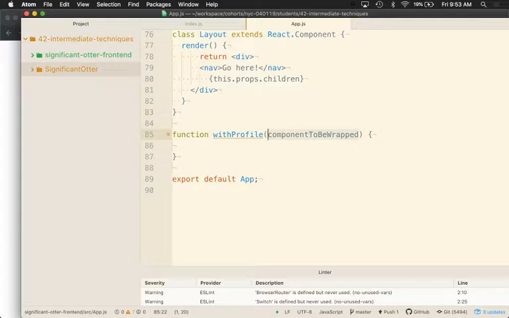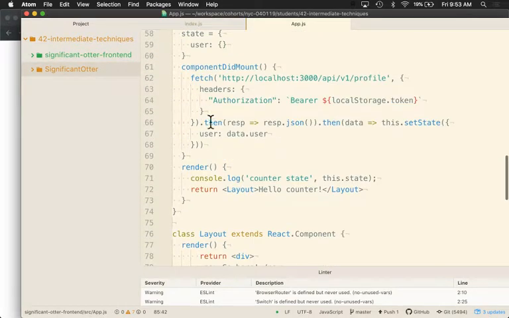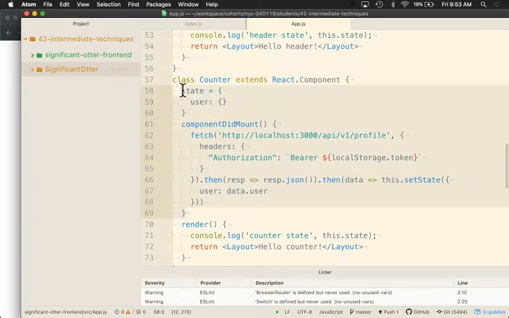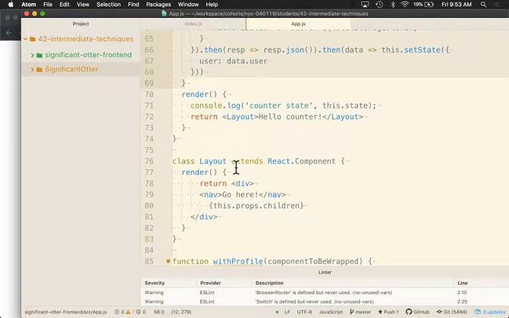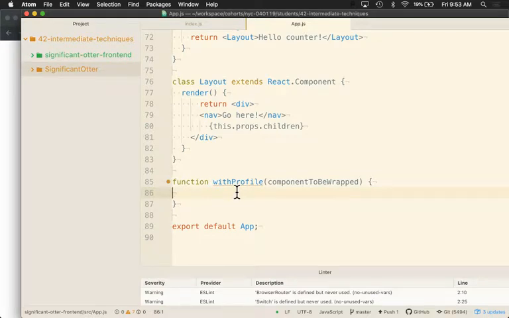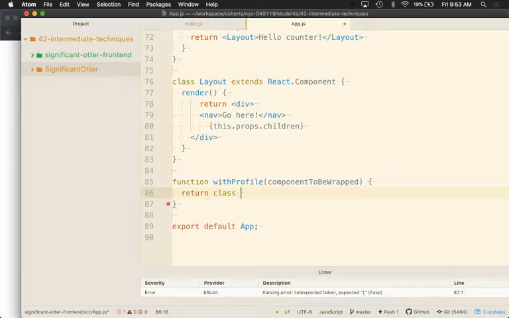All right, we'll see it in a second. We said that if we're going to extract this logic, we have to create a new component. That's true, right? But instead of using this.props.children in that new component, like how we did with layout, instead what we're going to do is return a new component from this function, and in our case it needs to be class-based, class, and we'll just call this component,